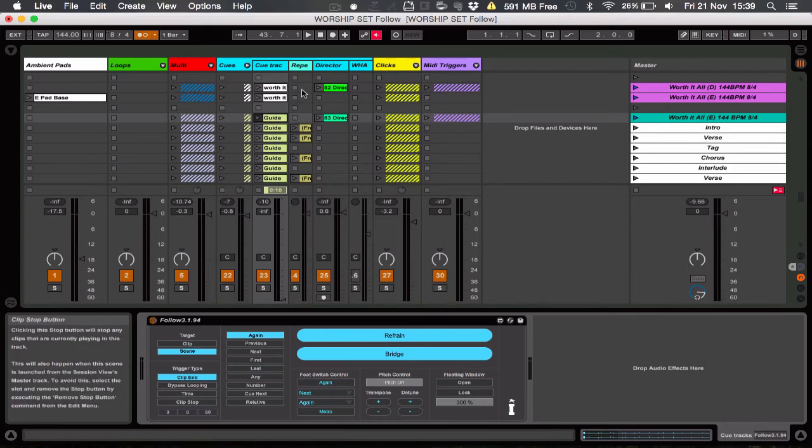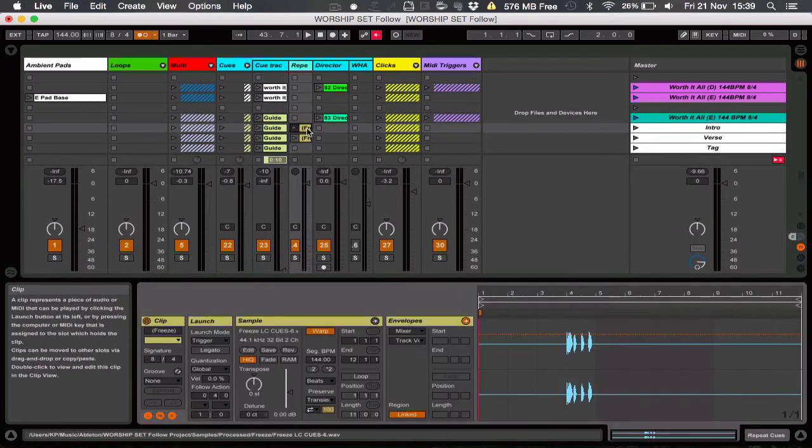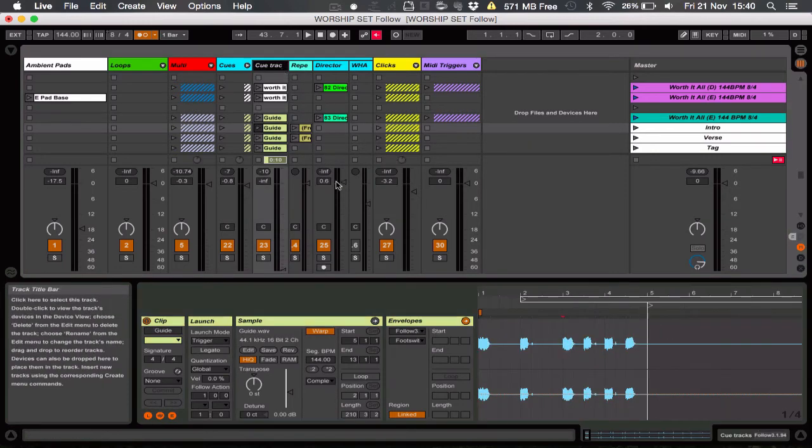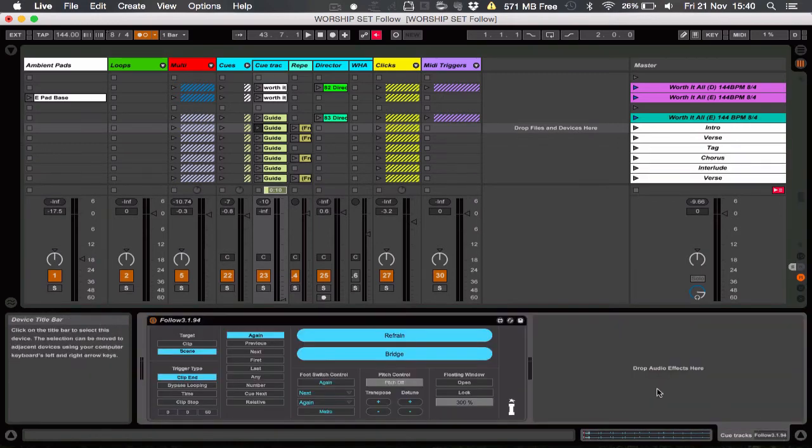So now you're going to hear the cue tracks that are in here. At the end of the intro, I simply built a cue track that says intro 2, 3, 4, and I've left my normal guide track there. When I want to go on, let's go back to the follow action, and I press my repeat button again. When I press it, this changes to next, this fader jumps up, this fader jumps down. So this single button can control whether I repeat a section or I move on throughout the whole of my